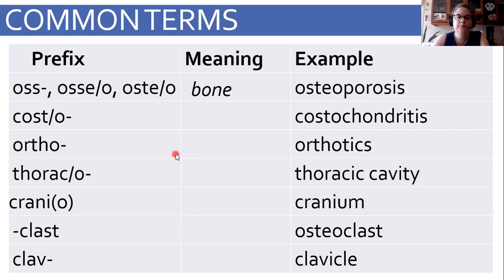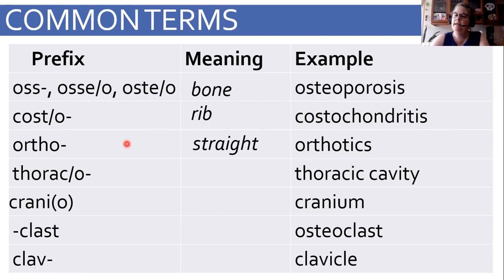Okay, costo, that's our ribs. So see long words that kind of start with costo, that's usually what that is. So costochondritis, that's a condition because chondr, that's C-H-O-N-D-R, this is cartilage. This is ribs. And this is an infection or an inflammation. So if you have an inflammation in your ribs and it kind of hurts to breathe a little bit, it has a little bit of pain, that's a condition called costochondritis.